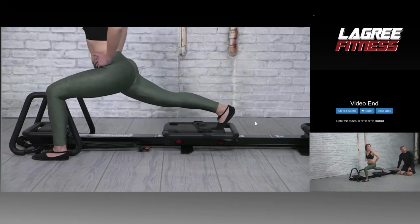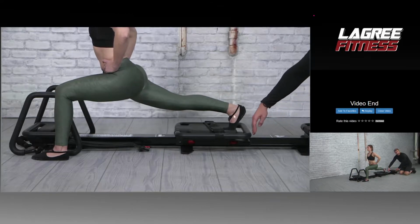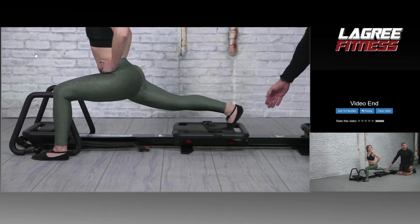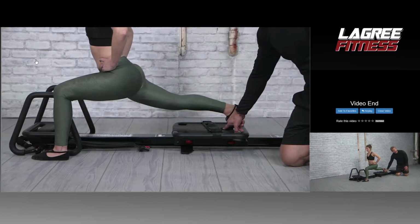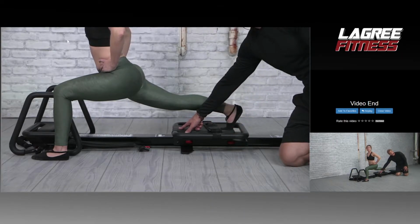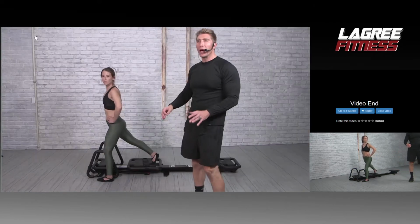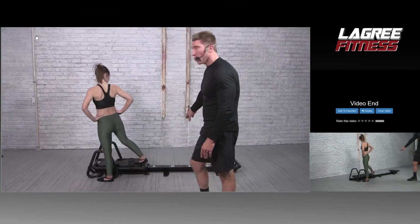So look at that. Look at the difference between here and there. There's that much difference, right? And it's almost the length or the distance between the foot here and the foot on the front. Okay? So the reason why I'm pointing this out and the reason why you have numbers on the rail is